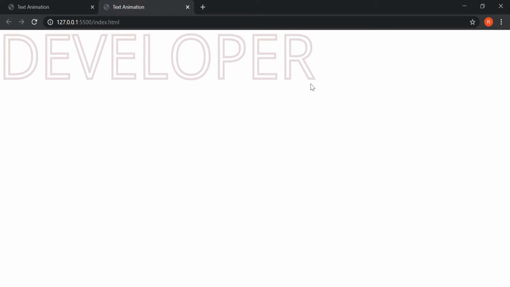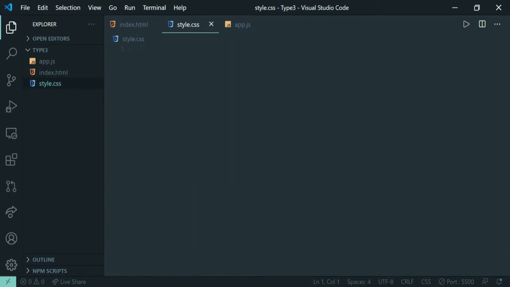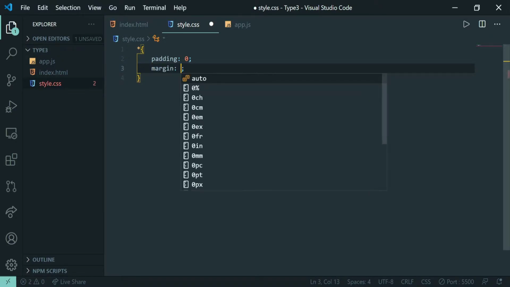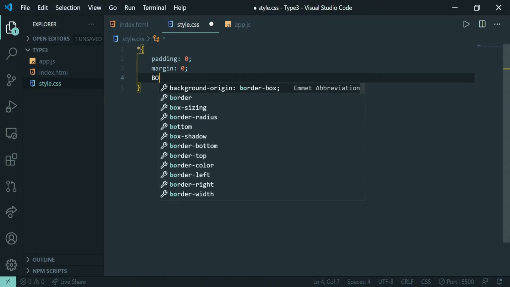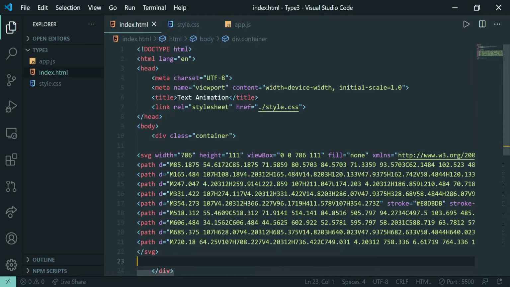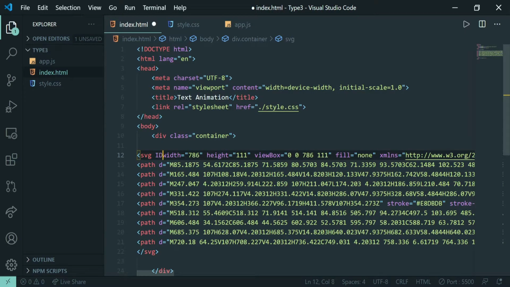Now go to styles and let's begin removing all our predefined styles given by our browser: padding 0, margin 0, and box-sizing border-box. After that, let us shift this image to the center. First of all, let us give an ID to our SVG image, and this can be, suppose, image.